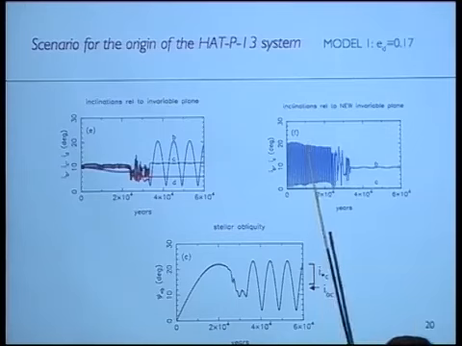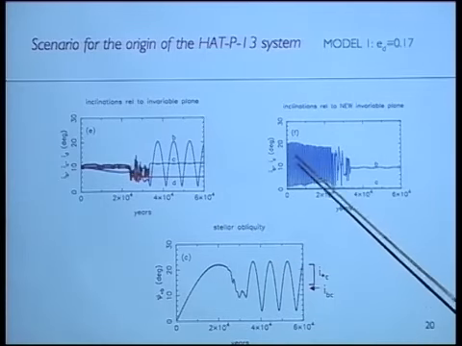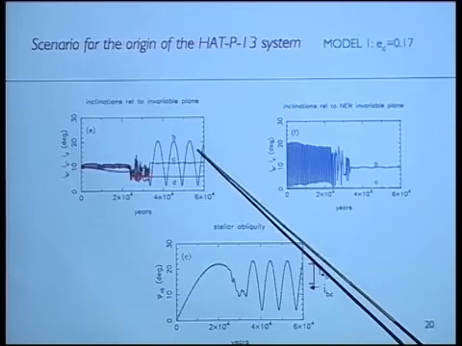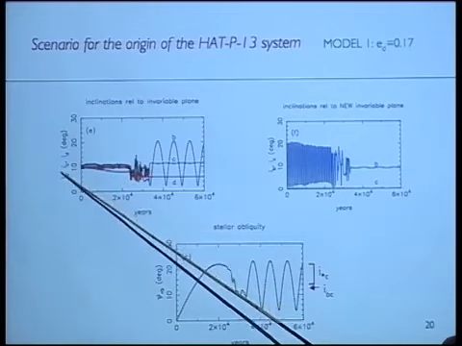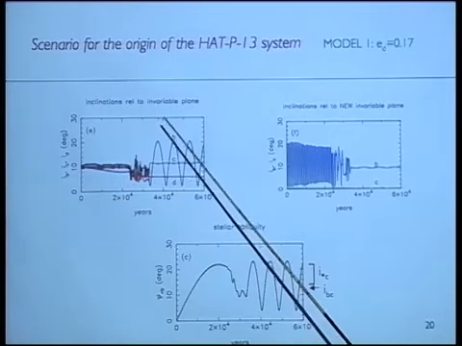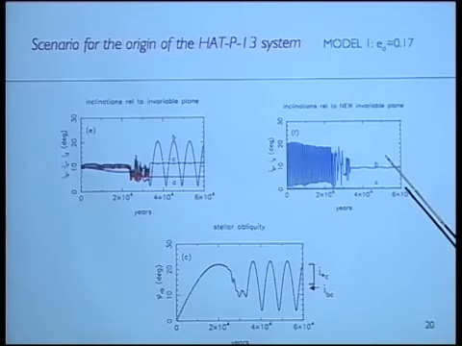Of great interest is how the relative inclinations evolve, and especially the stellar obliquity. I'm going to say quite a bit about that. But here we are. Here are inclinations relative to the original invariable plane. So you've got 3 planets. The angular momentum is dominated by the outermost planet,